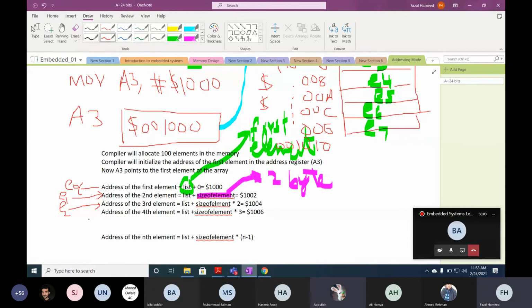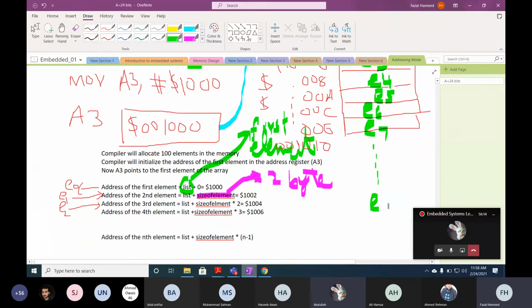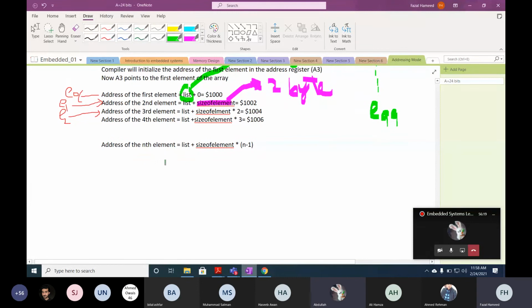What will be the last element in this particular example? There are 100 elements in the array, so E99. What is the address of E99?